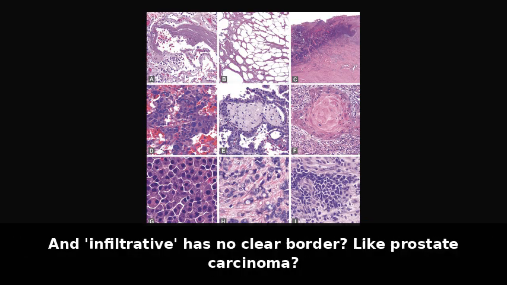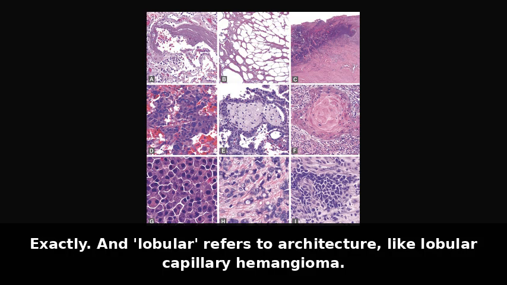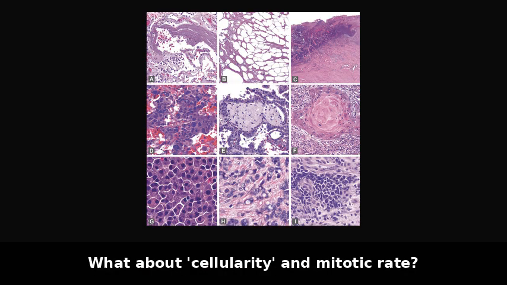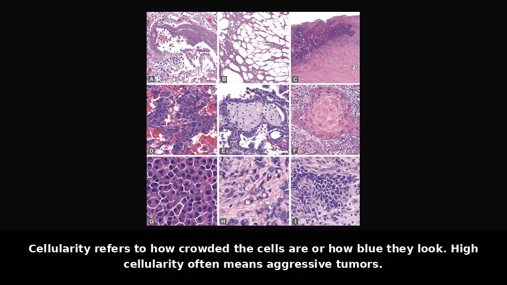And infiltrative has no clear border, like prostate carcinoma. And lobular refers to architecture like lobular capillary hemangioma. What about cellularity and mitotic rate? Cellularity refers to how crowded the cells are or how blue they look. High cellularity